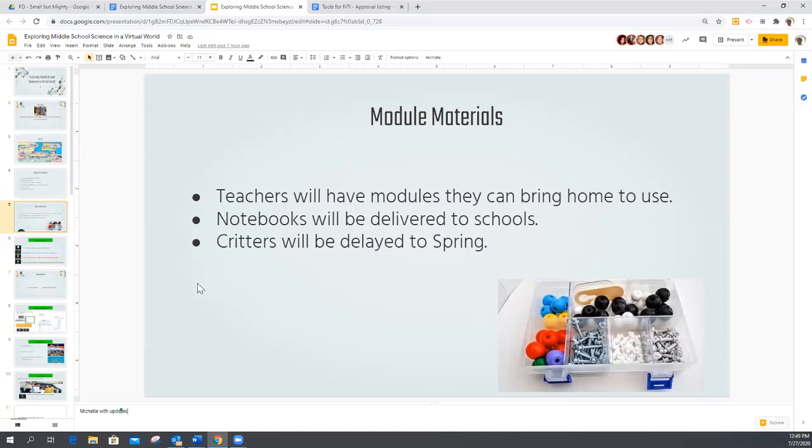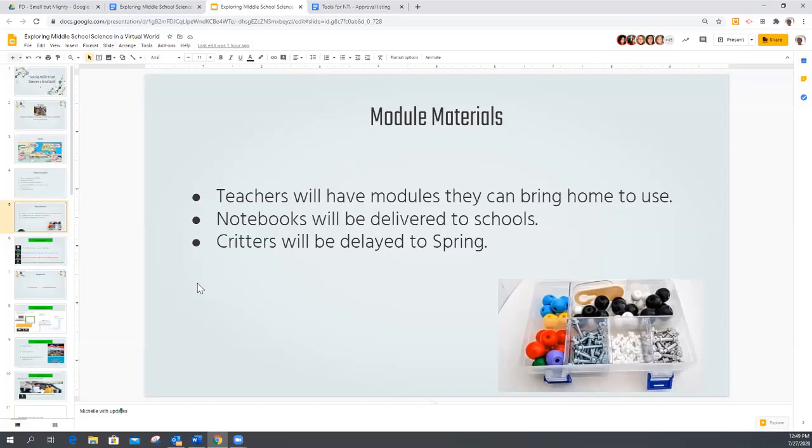Yeah, and then somebody also asked about critters. So at this point, we have not changed the order of the modules or any of that, because we really don't know what the spring is going to bring. And so critters, when you might normally use them, for those of you teaching 7th grade life science, this is where you're going to be wanting to look at using some videos and some other things in that place.